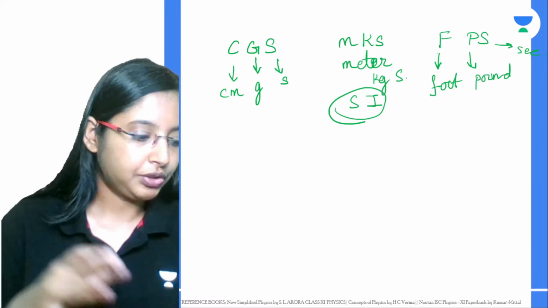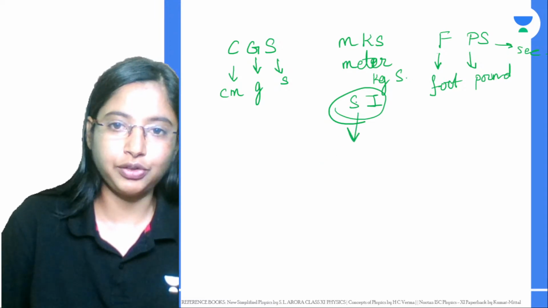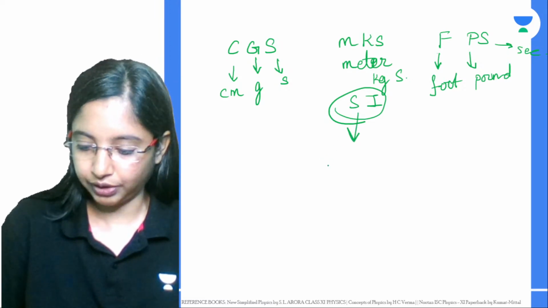The SI system of units is the internationally accepted unit. This basically means the SI system. This is a French word, which in English means